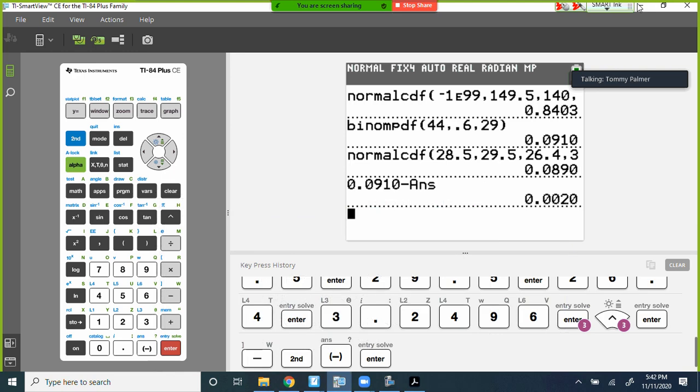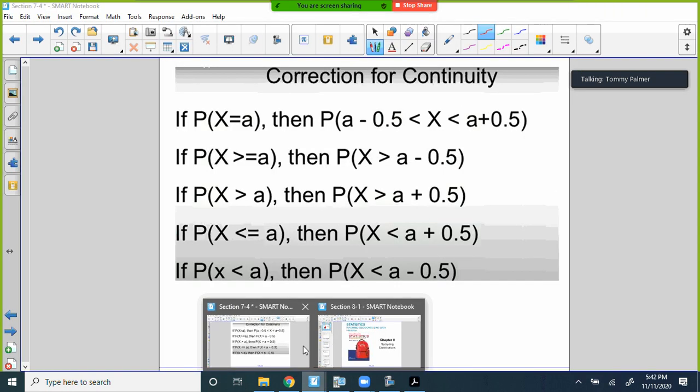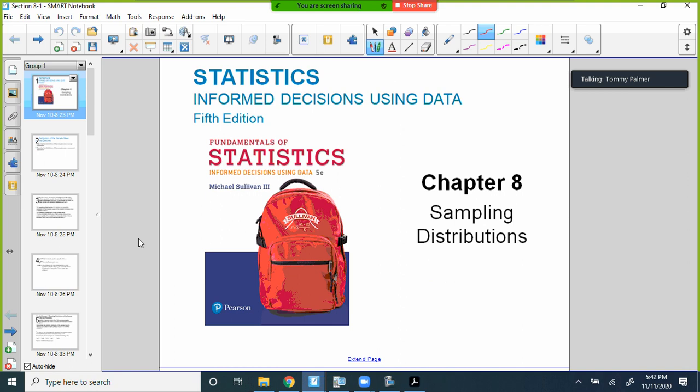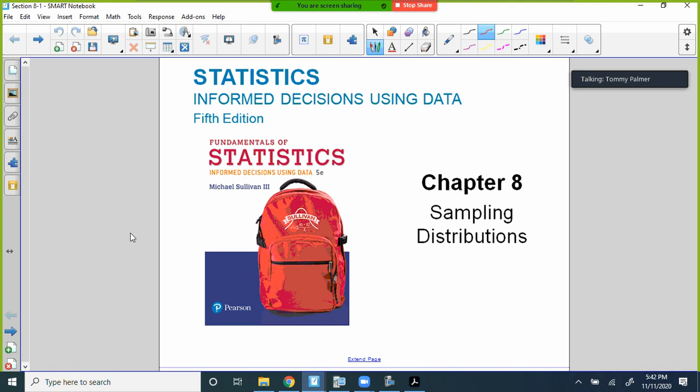So that 7.1, 7.2, and 7.4, I think that's a test by itself, right? Okay. So just make sure you're aware of that. Let's go on to 8.1. That's also where we were looking at tonight. We're going to look at